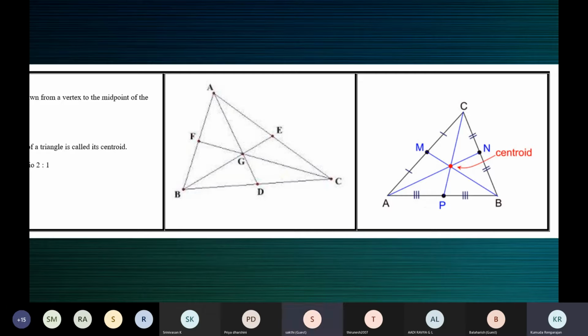I have a doubt. Yes, what's your doubt? For finding the P coordinate, we can also use AB whole square is equal to AP square plus BP square. To find what? Come again, to find? The coordinates of P, ma'am. To find the coordinates of P, can we use that AB whole square is equal to AP whole square plus BP whole square? No, you're talking about line segments. How will you get the coordinates?